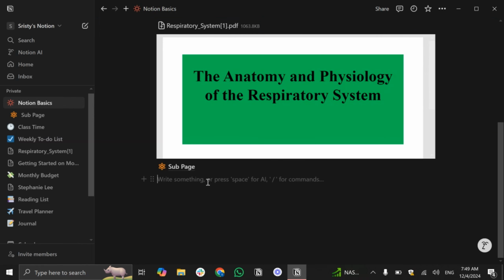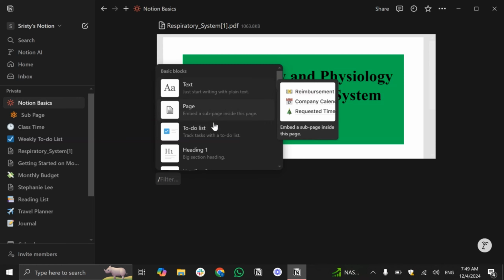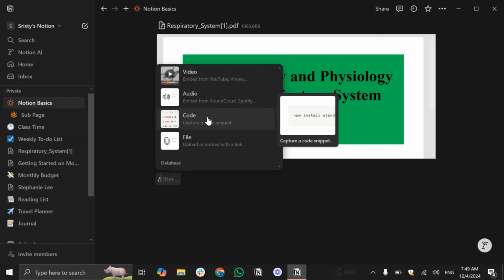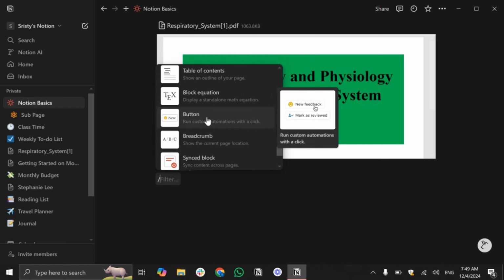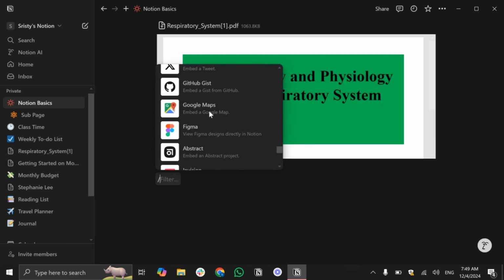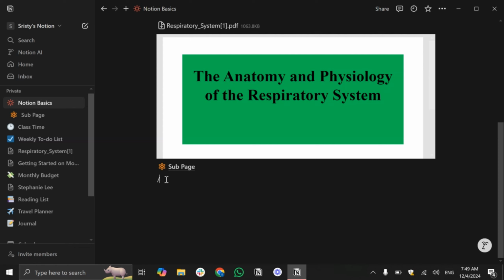and here you can see this option, write something. If you simply type a slash here, whenever you type the slash command, you will see a lot of options show up. You can scroll down and go for the option that you need, or you can simply type the things that you need. As you can see, I'm gonna type here,